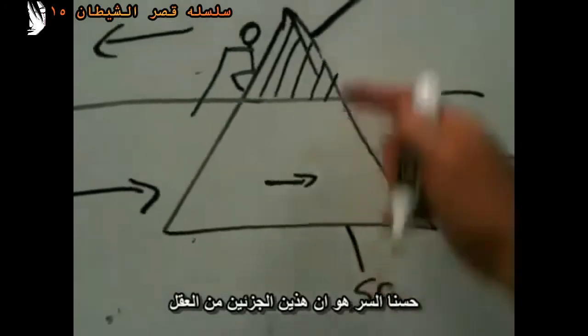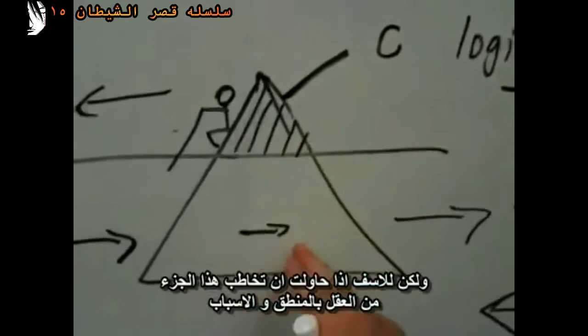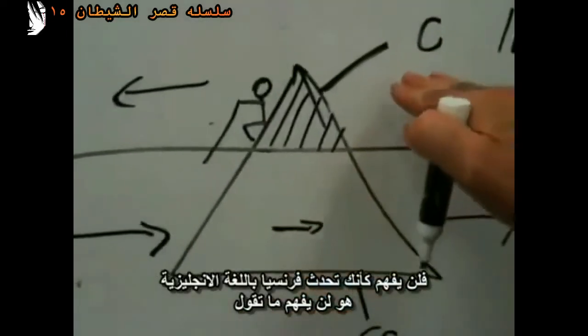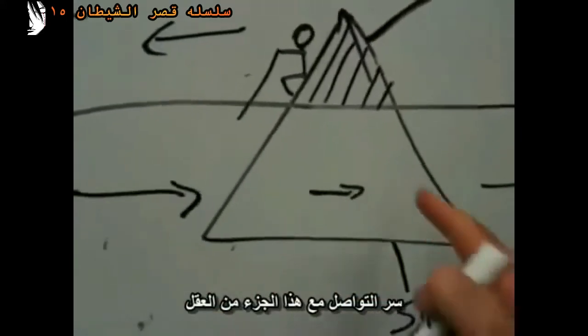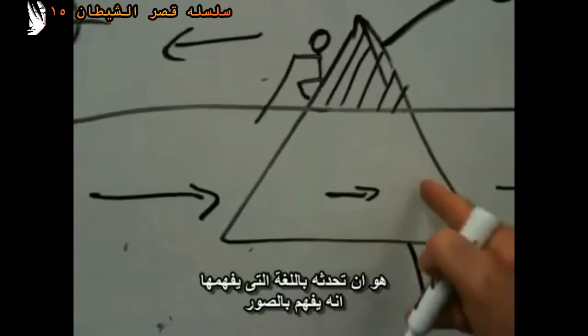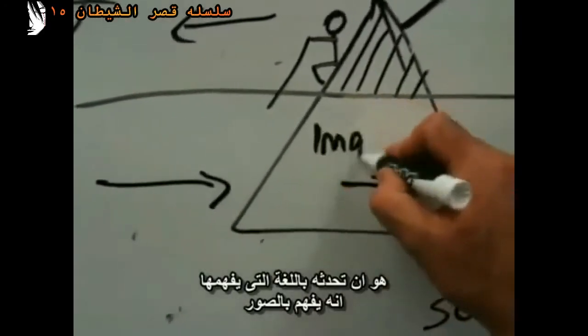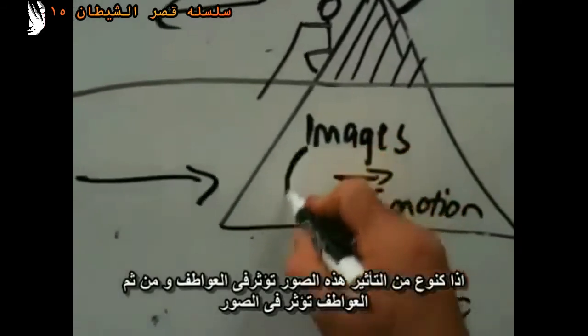Well, the secret is these two parts of the brain speak a different language. As I said, up here this part understands logic and reason, but unfortunately if you try and speak logic and reason to this part of the brain, it won't understand. It's like speaking to a Frenchman in English. He won't understand, and he'll carry on going in the same direction he's always doing. The secret to communicating with this part of the brain is to speak the language it understands, and it works on images and emotions. So there's an impact. These images have an effect on emotions, and emotions have an effect on